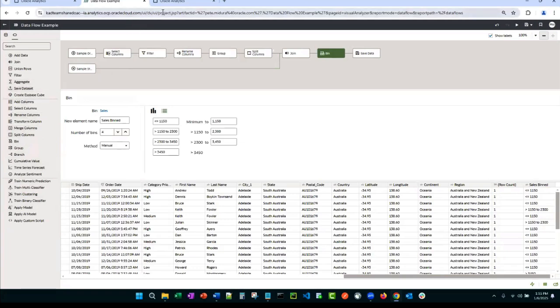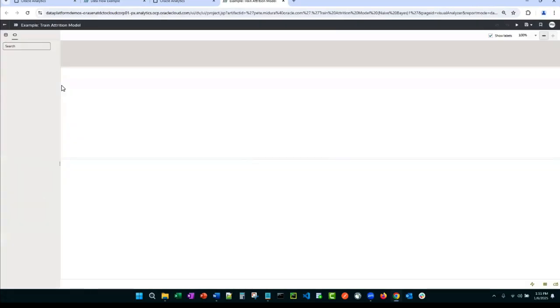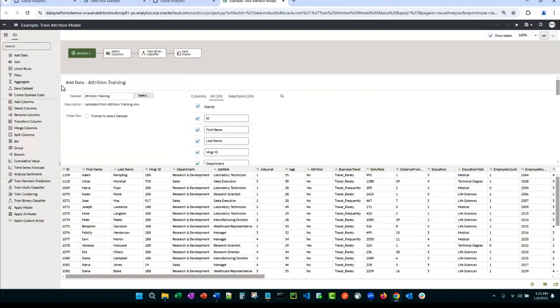So a few other examples I want to show you are the other thing the data flows do is they train machine learning models, and they can apply machine learning models, and they can apply our pre-trained AI models, right? So I'm just going to go into two quick examples. The machine learning built natively in this platform is designed for citizen data scientists. There is no coding involved. The way it works is you select your training data set, or you can use a data flow to help clean and train it on the fly.